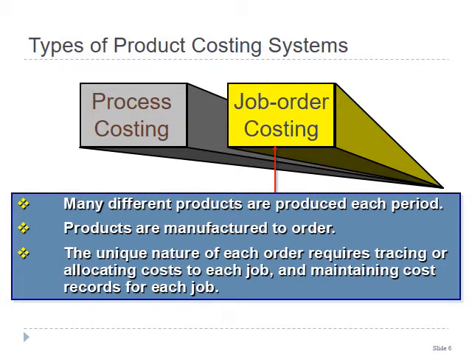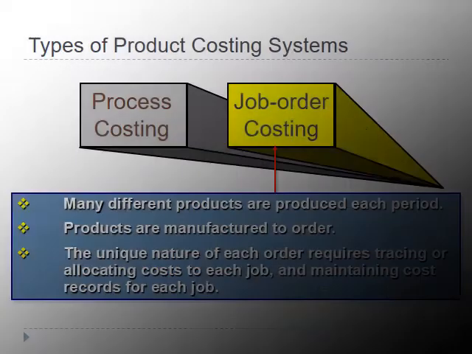The next one is job order costing. A company would use a job order costing system when many different products are produced each period. The products are manufactured to customer specifications, and these are unique in nature. The unique nature of each order requires tracing or allocating cost to each job and maintaining cost records for each job as well. So, what are the companies that use